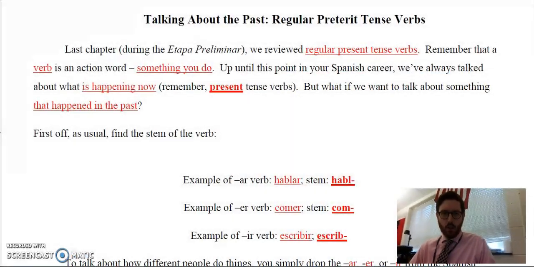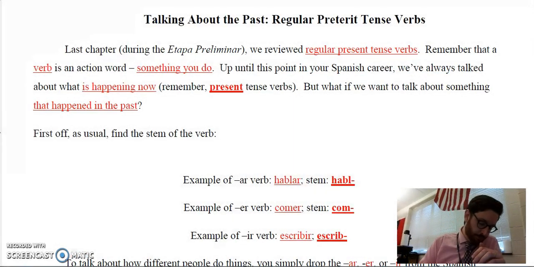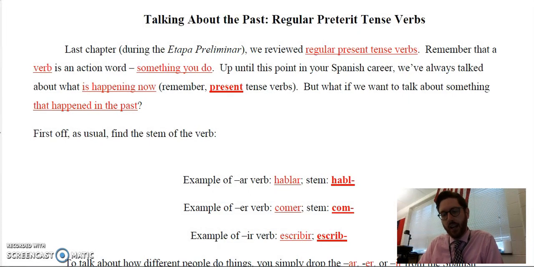Para este punto gramatical vamos a hablar de lo que se llama el pretérito. For this upcoming grammar point, we're going to talk about what's called the preterite, and I'll keep it short and sweet. For the project that you just did, talking about different vacation things, I told you to keep it in the present tense because that's all we've been working with to this point in Spanish class, right? We know how to conjugate, or at least we should know how to conjugate, regular present tense verbs.